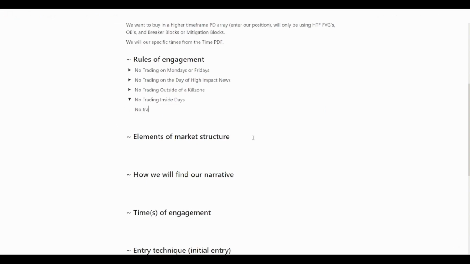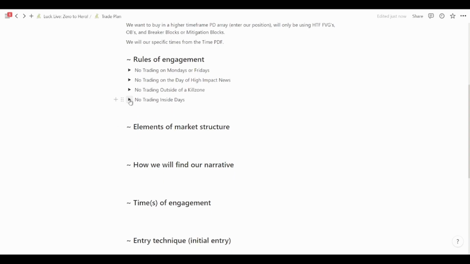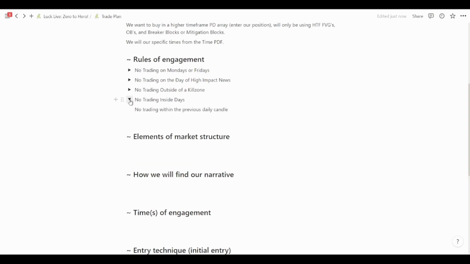I'm doing that because on inside days, you tend to have a lot less volatility in the market, and the problem with that is that we need volatility to participate in the market in the first place, to make any of our moves. If we trade inside days, a lot of what that's going to look like is just up and down chop. It's going to be a bunch of nonsense. You don't want to trade back and forth. You want to trade directionally, at least I do,